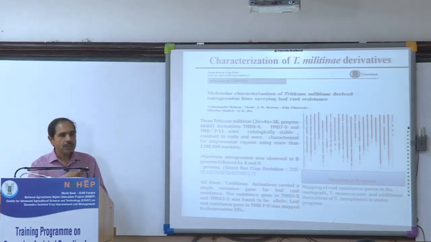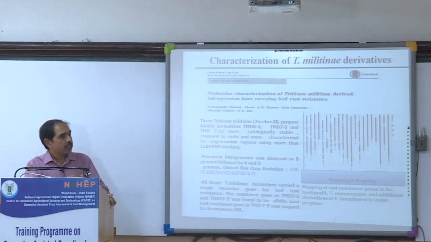We have almost 40 or 45 resistance lines which have been developed from Triticum militinae. Triticum militinae is a tetraploid wheat which has the genome AAGG. So, we developed those integration lines, and these lines have been characterized using molecular markers. So, you have the original location of the wild species, you can characterize, you can see integration points and